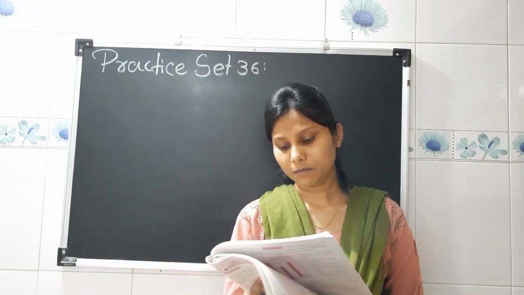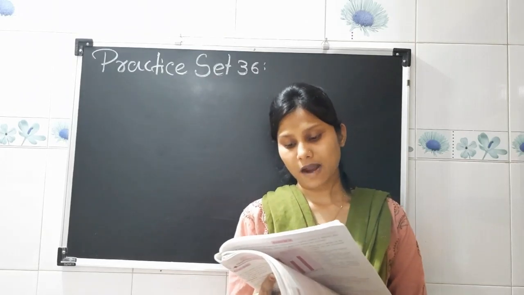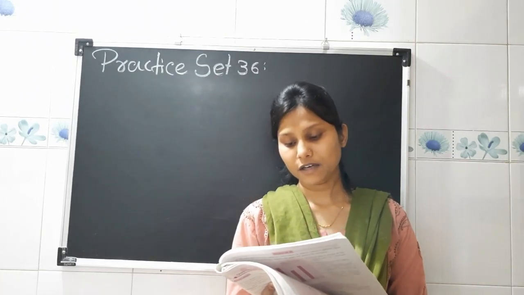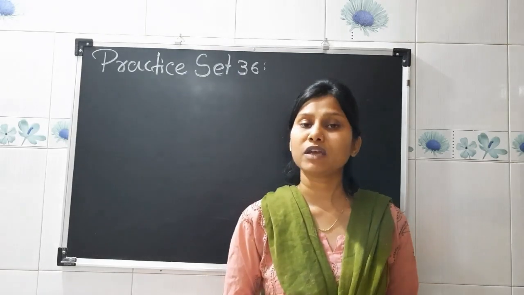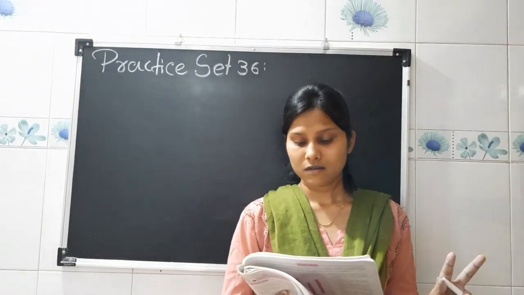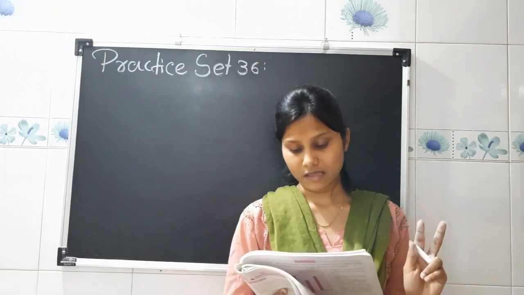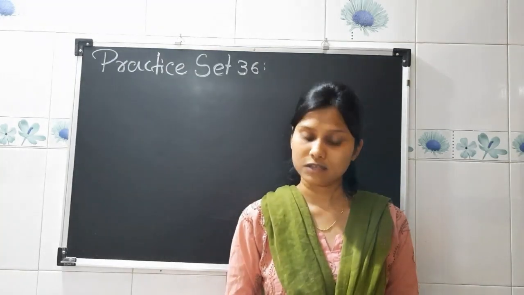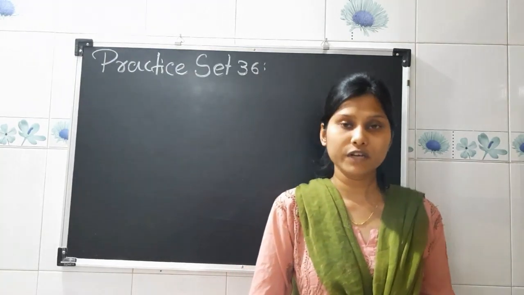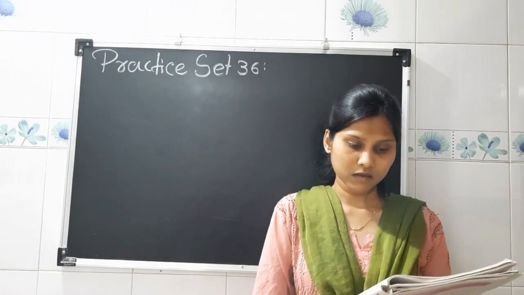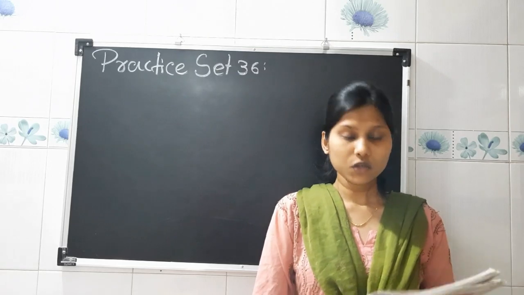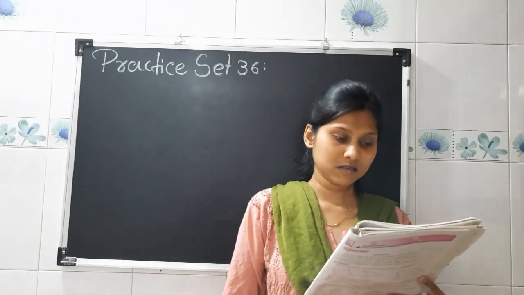Then, triangle UVW. You can see that side UV and UW is equal. Okay, so triangle having any two sides of equal length, then it is called as isosceles triangle. So triangle UVW is isosceles triangle. Okay, so you have to write the reasons.